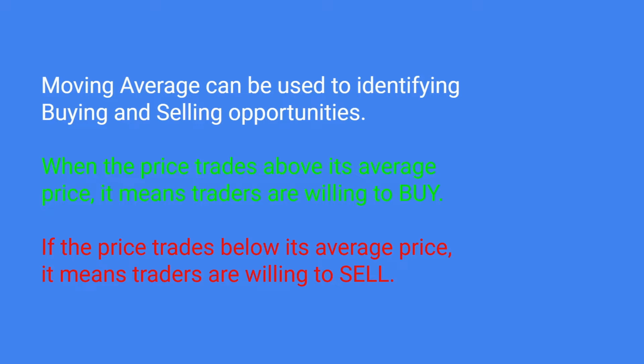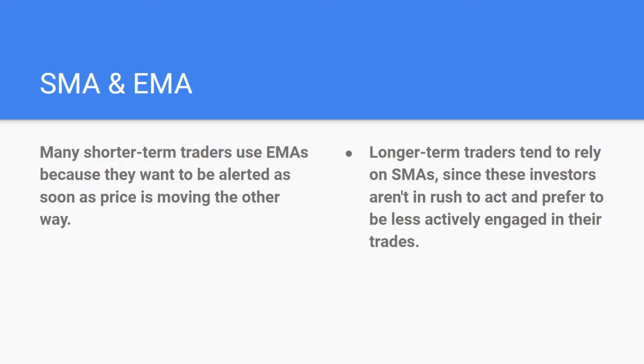These are very basic information. I know most of the people are well aware of this. Now, SMA and EMA, some basic differentiation. Many shorter term traders use EMA, exponential moving average, because they want to be alerted as soon as the price is moving the other way. I am using 9 moving average, but if you honestly ask how am I using it,